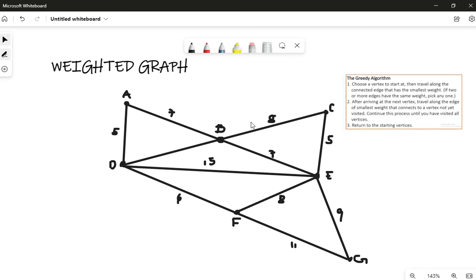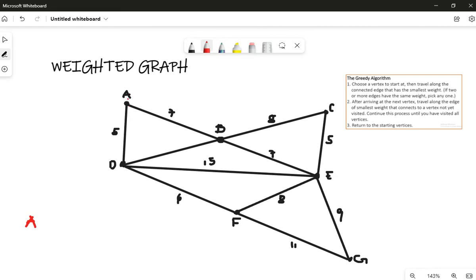Okay, so we have here an example of a graph. We have vertex A, vertex D, B, C, E, F, and G. It is up to you where you want to start. As for me, I wanted to start in vertex A. Okay, so we will start in